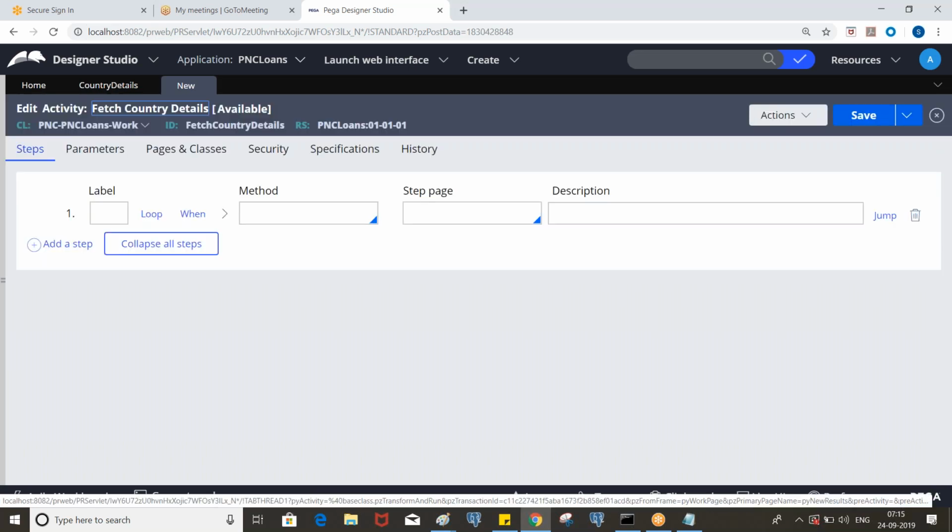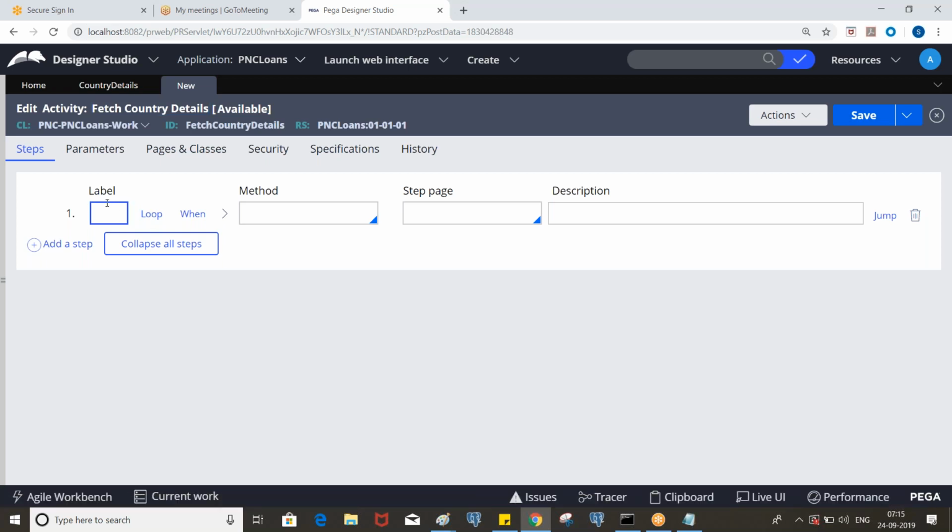So activity is simply a collection of methods. It will execute step by step. Okay, so in yesterday's scenario, we created the activity with 3 different steps, right? We created a page on the clipboard, assigned some data and saved it, and we saw that in the database table also. So here the label is just like an identification of the step.